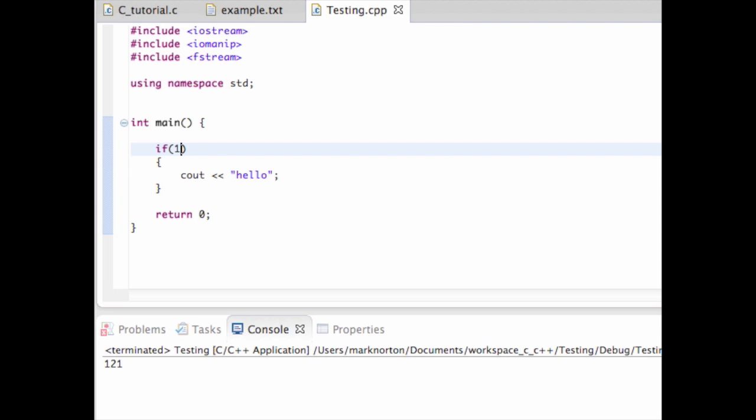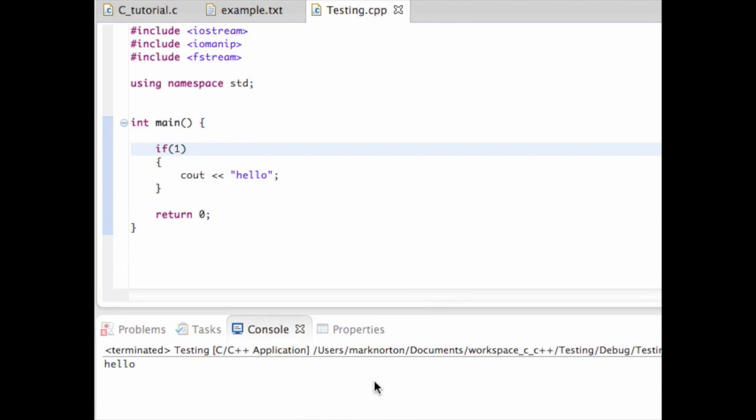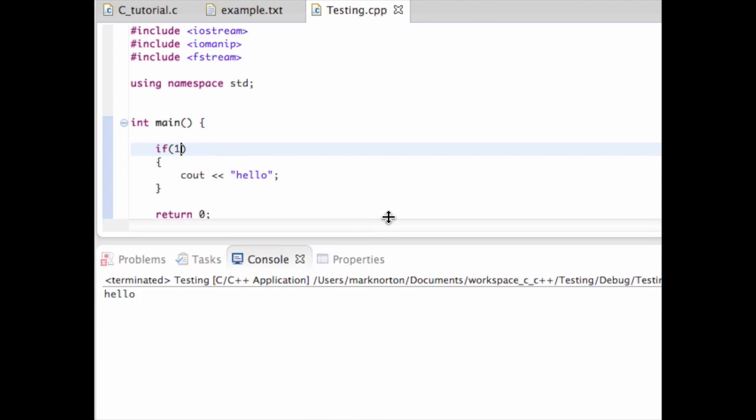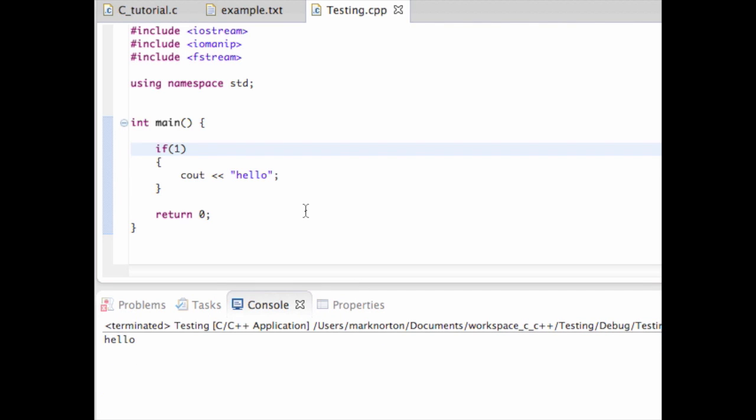So I'm going to run the program, and as you can see here, it did run, and it did print out hello. And now I want to talk about why that happened. Well, the reason for this is because